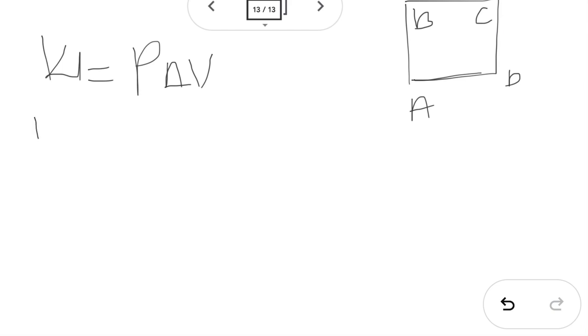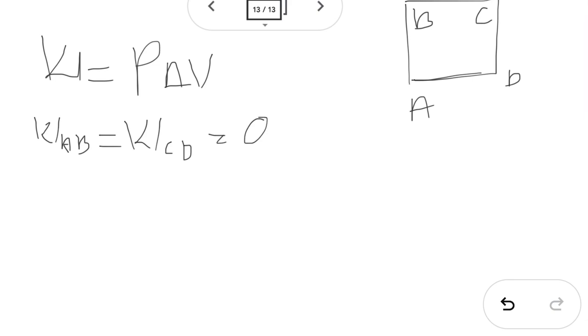Therefore, the work done during process AB is the same as the work done during process CD, and it's 0. There's no work done because there is no change in the volume. But if we consider the process BC and the process DA,